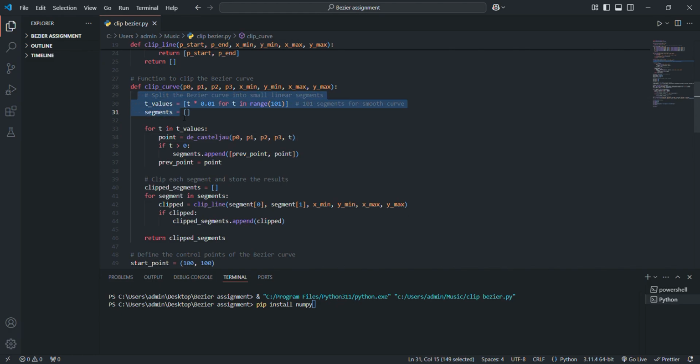It's defined here. So the curve is divided into linear segments by evaluating points on the curve for the values of t. The values of t range from 0 to 1 in steps of 0.01, which gives us 100 segments. And then the next point is each segment